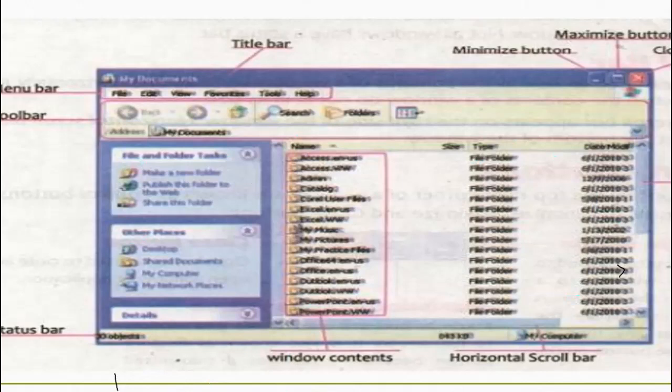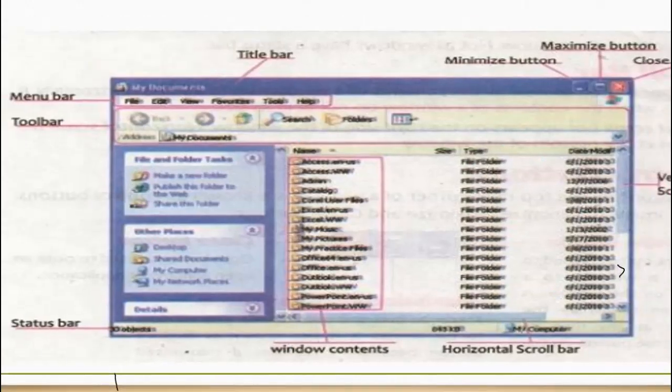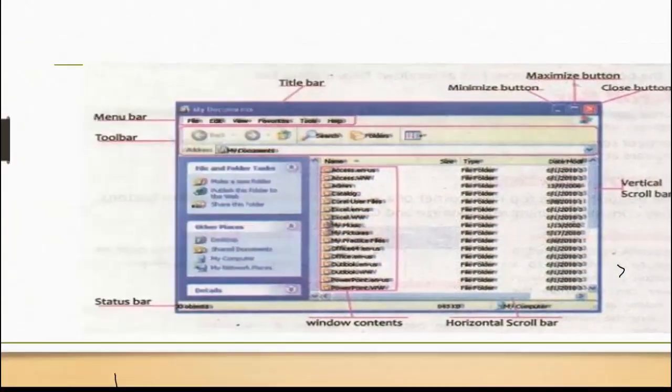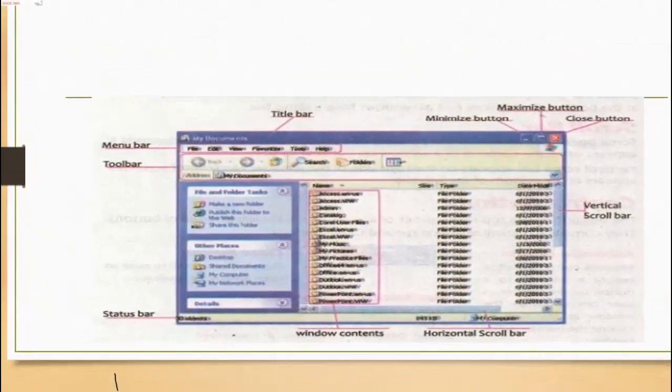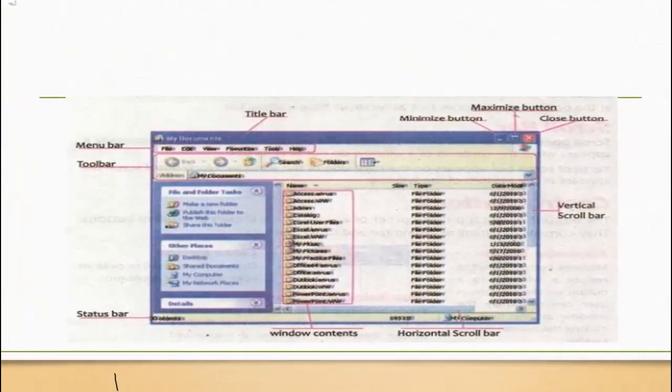Okay, class. I hope that you know about the menu and toolbar. See this diagram and learn where the menu bar is situated, where the toolbar is situated, and where the title bar is.